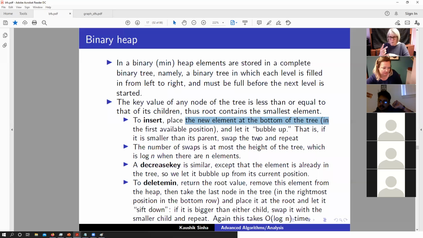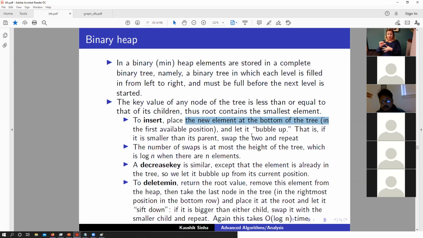One is we can use a linked list, or the other one is we can use an array to represent that binary tree structure. Can someone tell me which one is more efficient in representing a complete binary tree, an array or a list? We talked about array representations earlier when we discussed complexities. No, not a list, an array. You can imagine a binary tree.